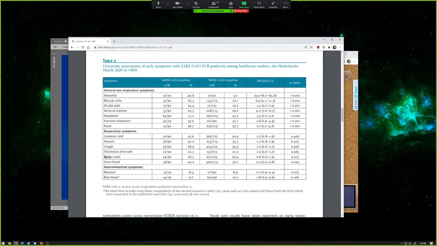So let's look at something like runny nose. Like if you look at runny nose here, what do you notice? Okay, so 26.7% of people who had COVID had it versus 32.4%, right? Notice if anything, it looks like people who had COVID-19 were less likely to have a runny nose than those that were negative, right? Because it's less than 1 on that odds ratio. But notice it includes 1, so it is not statistically significant.